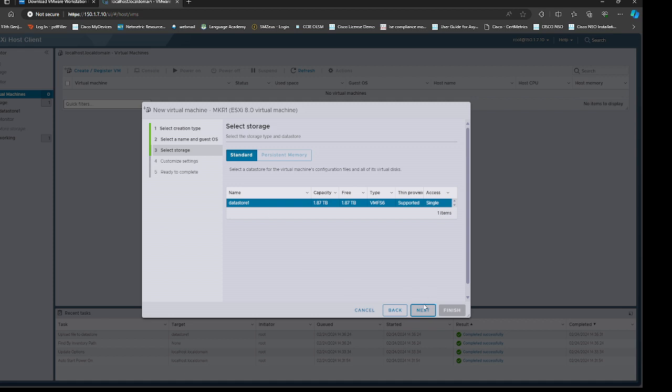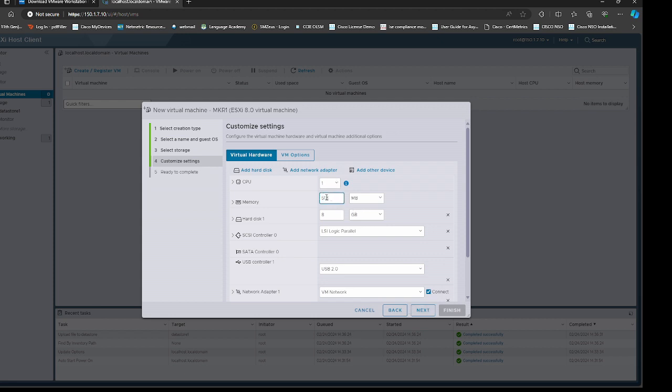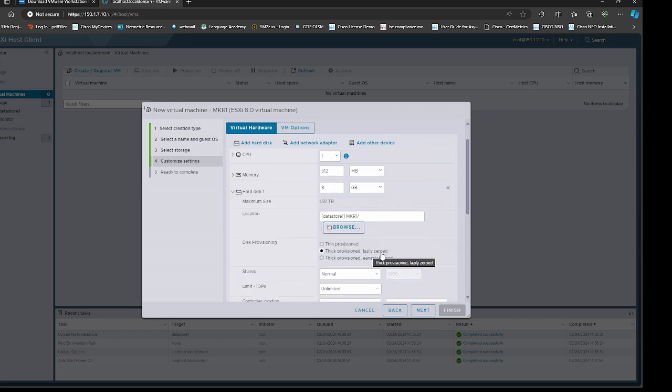Now data store one, yes, I'm going to install my virtual machine on that particular storage. And here you see that there is 512 MB, still that is a lot, but I will go ahead, 8 GB storage should be all good. Now if I expand that one, you see that this is a thick provision option. Always select thin provision. Again, if you remember when I was explaining the virtual hard disk, if you select thin provision, it will only consume how much you require. If you say thick provision, that means 8 GB is totally reserved, no matter whether it is being used or not. So always make sure it is thin provision.